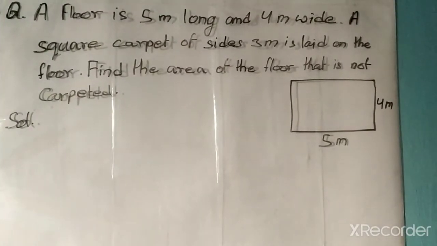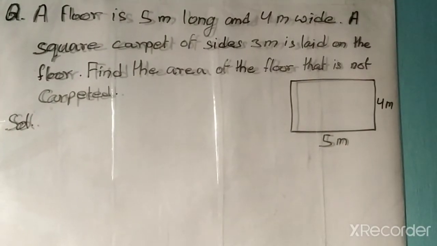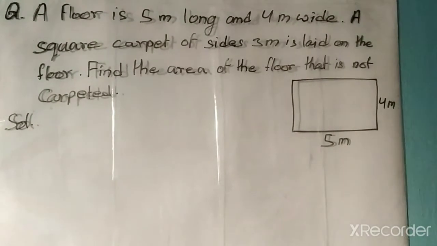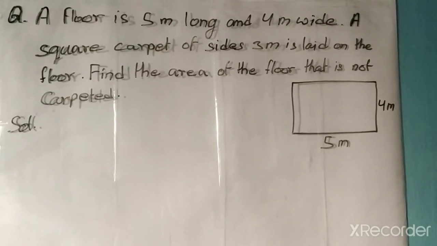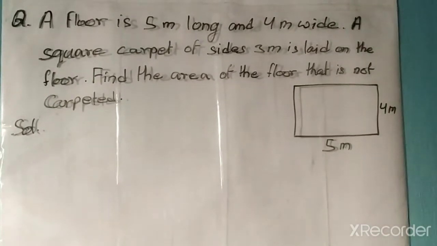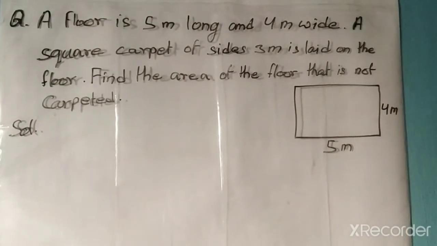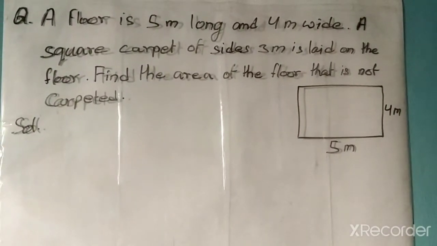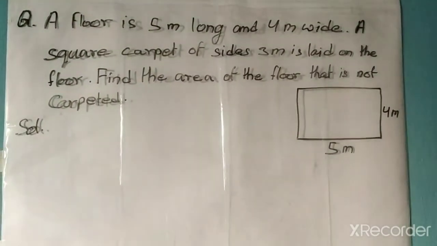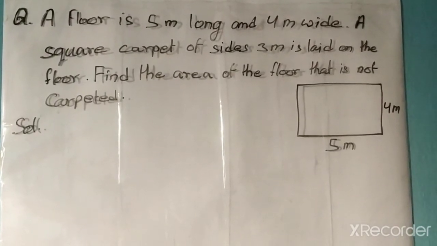Till now we have already discussed different types of geometrical shapes and how to find the perimeter, area and volume of those geometrical shapes. We have also discussed some of the theorems related to geometry, and we have also solved some of the problems related to geometrical shapes. Today we will solve a problem related to area. Please watch the video till the end so that the concept will be clear.